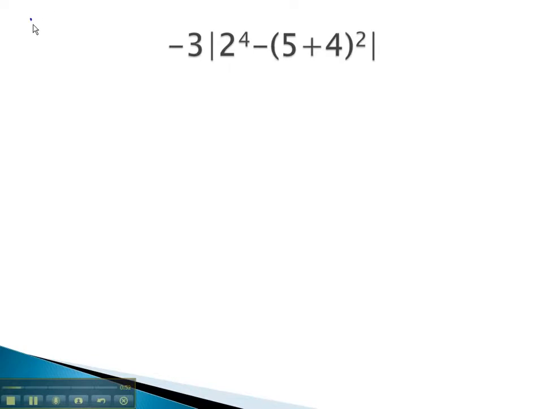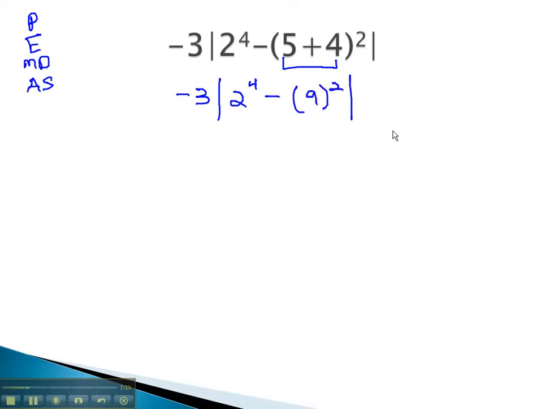Order of operations tells us to do parentheses, exponents, multiply and divide, then add and subtract, PEMDAS. Absolute value is a special type of parentheses, and inside that we have another parentheses where we'll start. This gives us negative 3 times the absolute value of 2 to the 4th minus 5 plus 4 is 9 squared. Still inside the absolute value, we can work on our exponents next, working down the order of operations,